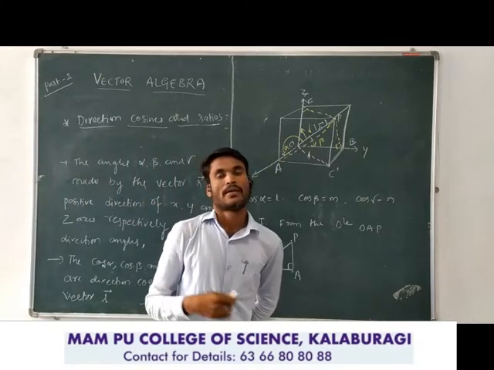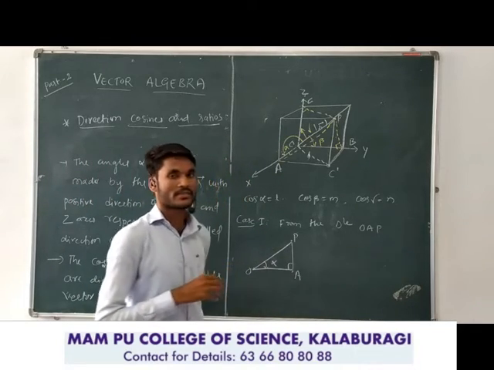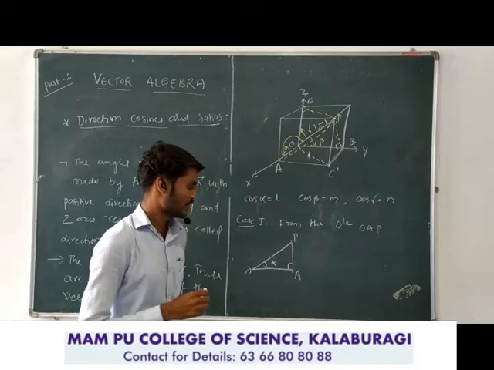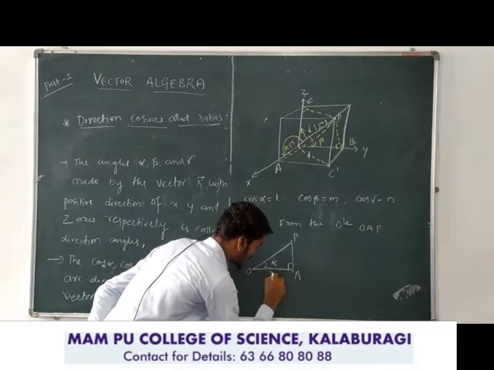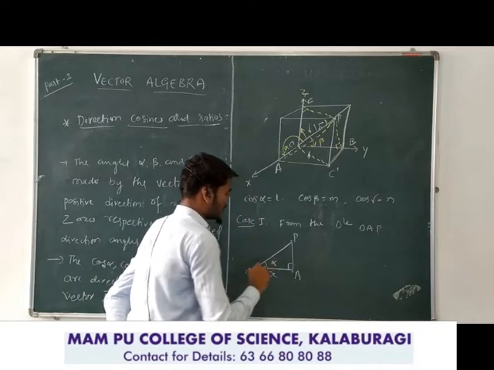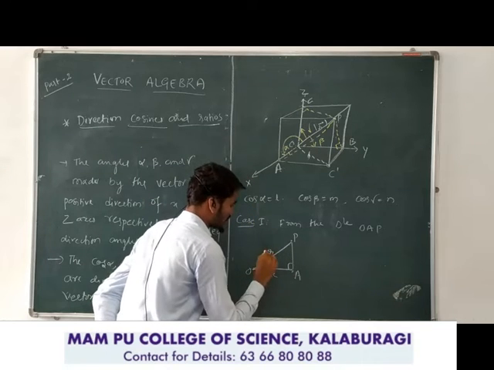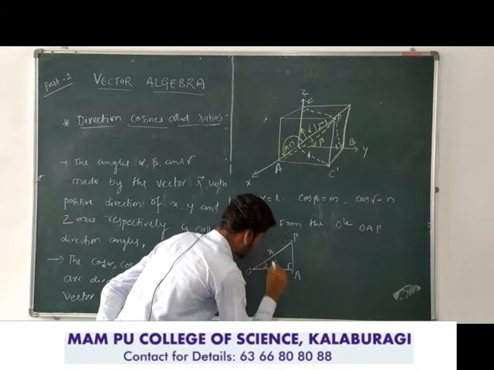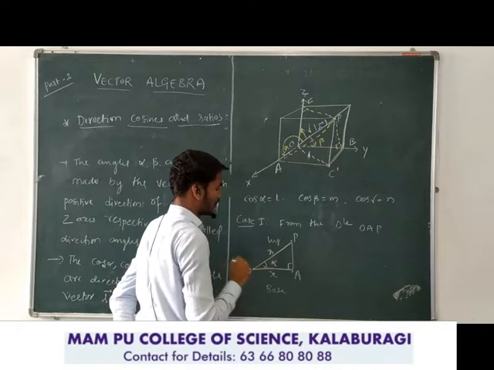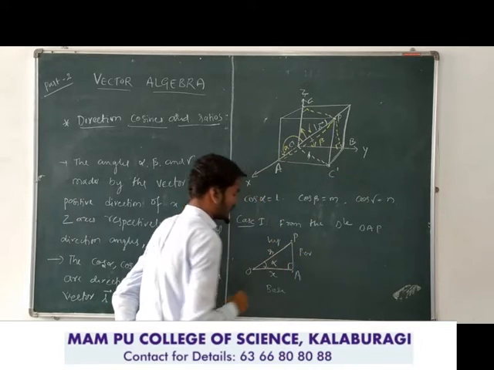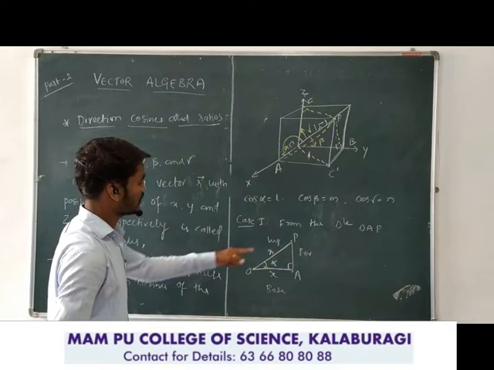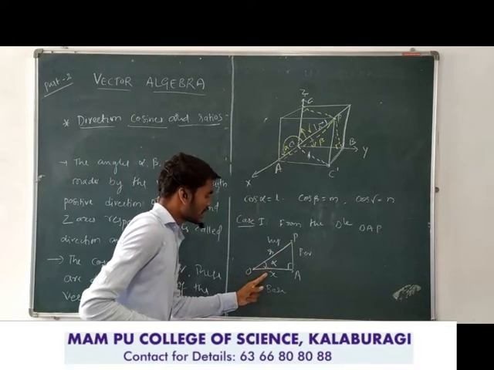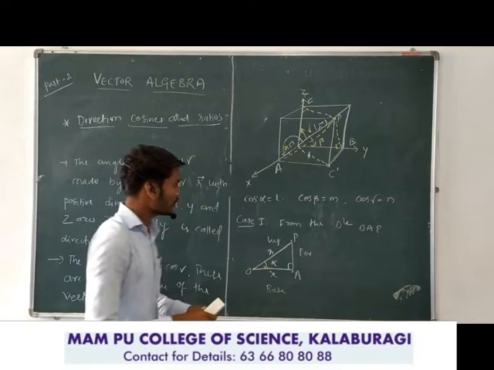Cos is base upon hypotenuse, right? This is base, this is the x-axis. This is r, right? Base by hypotenuse. This is perpendicular. Okay, so first we are taking an angle. Which angle? The alpha angle. So I can take